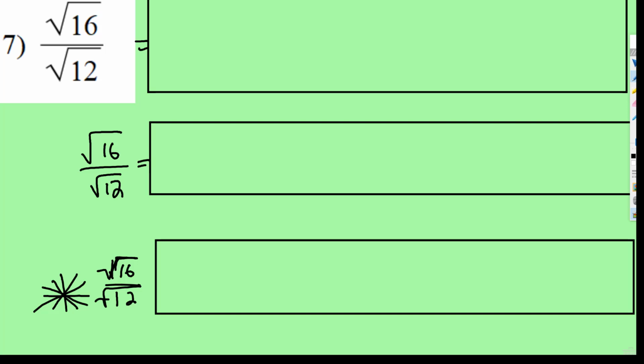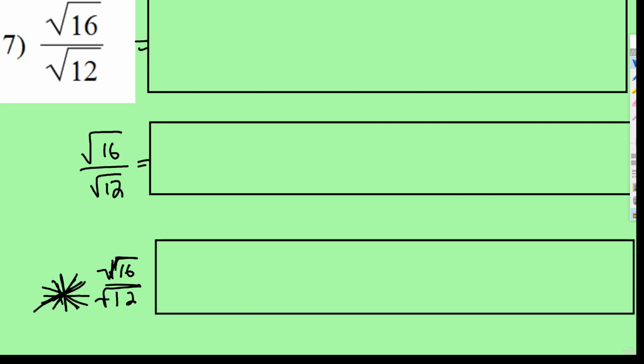Okay, dividing rational numbers, there's a little bit more to it. We have what's called rationalizing the denominator, meaning we can never have an irrational number left in the denominator, so we always have to rationalize it. And I'm going to show you 3 different methods, but I'll start with what I think is